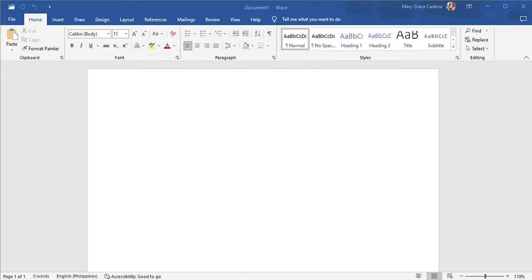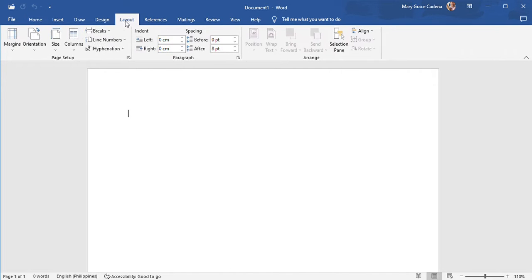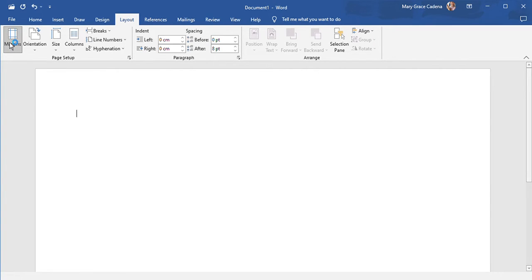So what we're going to do next is to open a file, a document, and then let's set up the layout to landscape, and set up the margin to 1.27 centimeters.